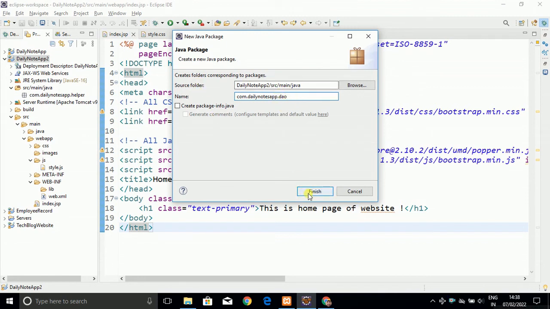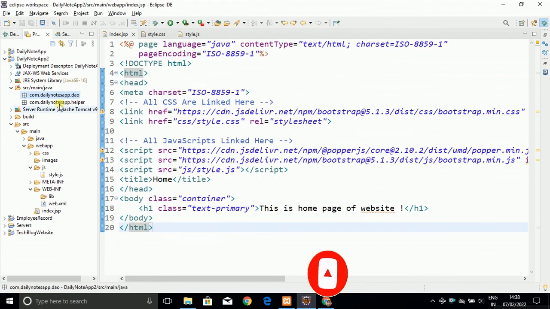In this package we are going to create methods which pass the data from the front end to the back end. Such types of methods or classes we are going to create.